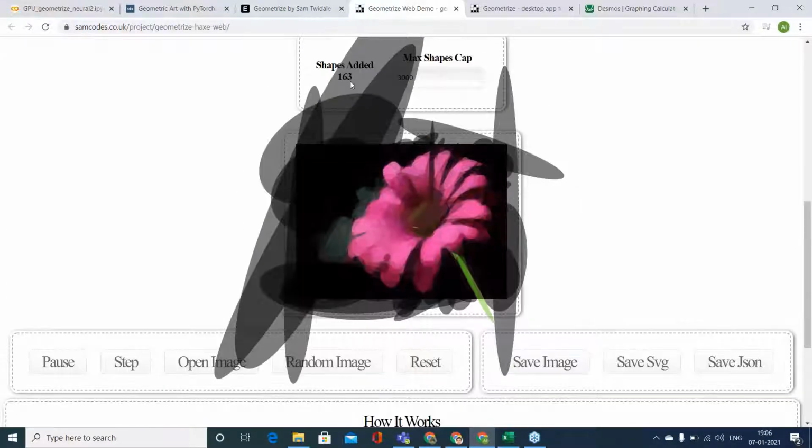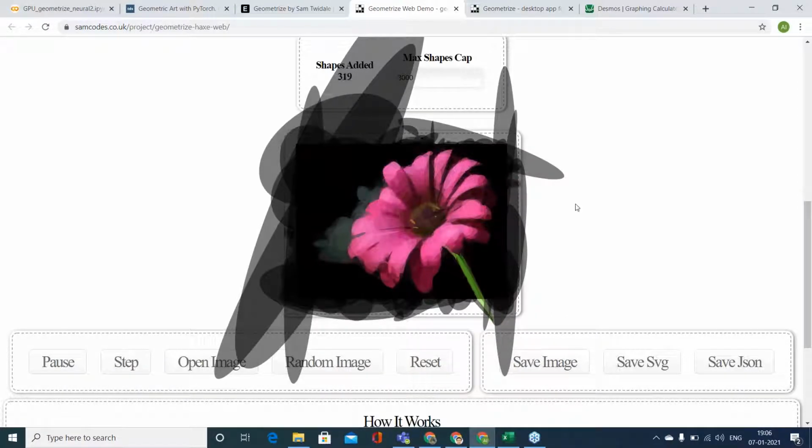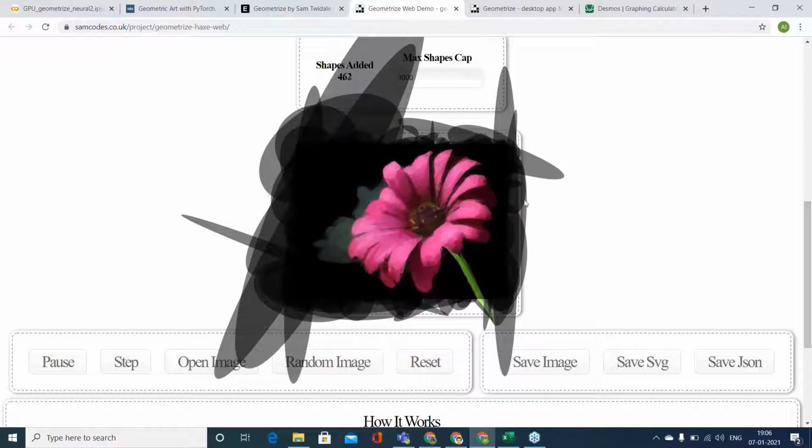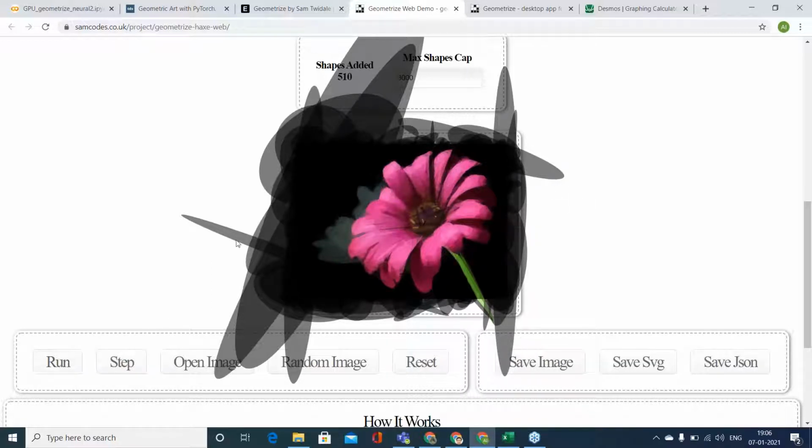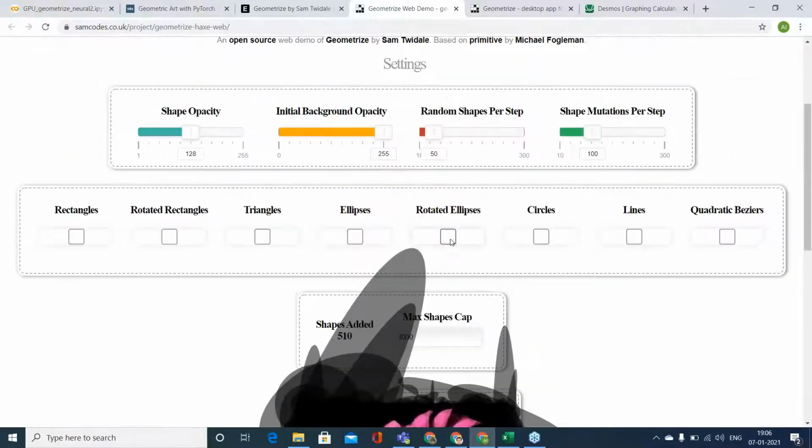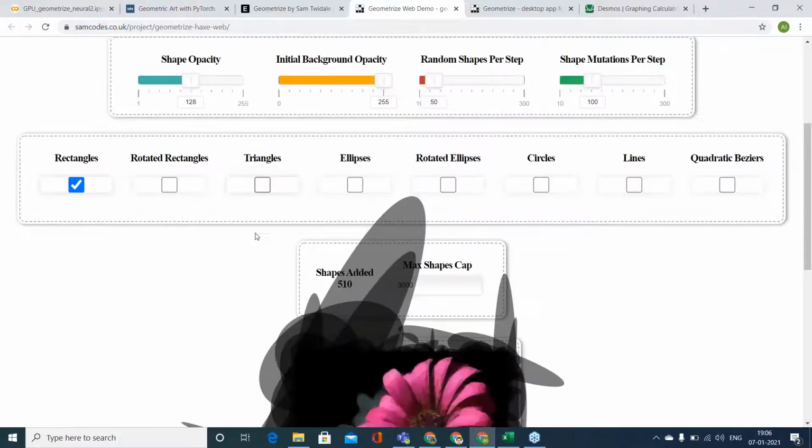Can you see that after adding ellipses it is creating this picture again. There are various options I can do it with, like rectangles.